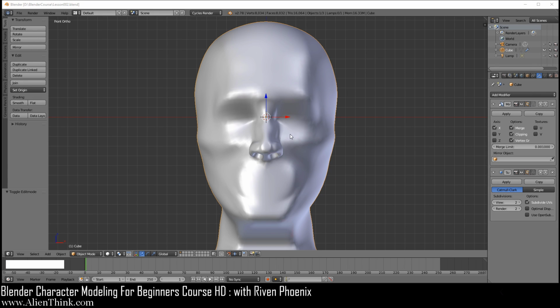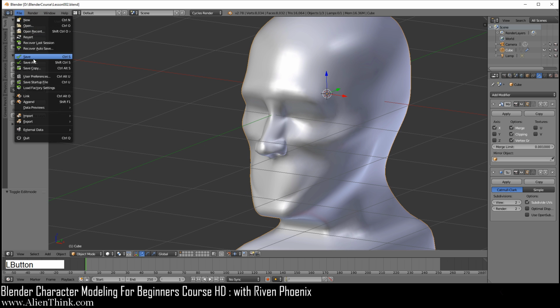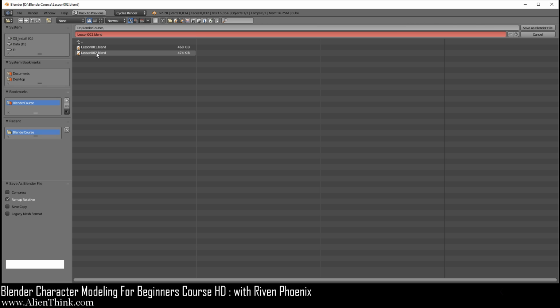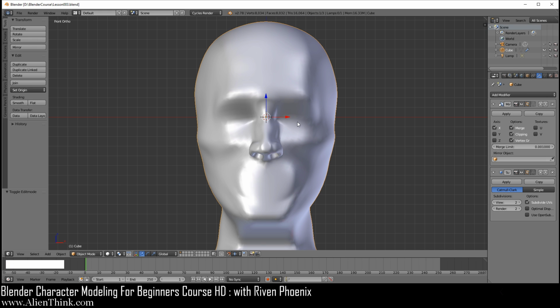Okay, so in the previous lesson, I had shown you how to create the nose using the formula-based system. So make sure that you go under File and do Save As and save the last lesson as Lesson 2, okay? Now I'm going to go ahead and click on the plus sign over here, and this will now become Lesson 3, and let's go ahead and save this over here.